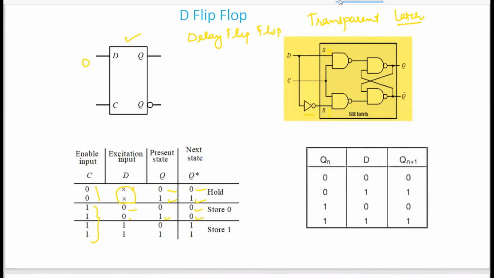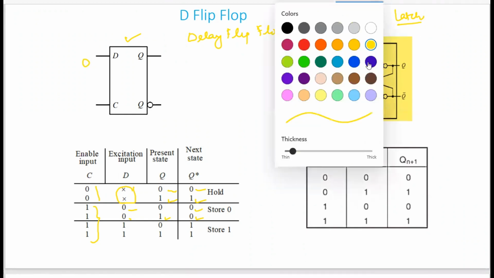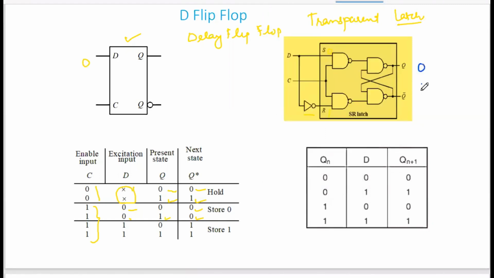So when R becomes 1, your output becomes 0 and 1. And when D is equal to 1, this becomes 0, and S equal to 1 means this becomes 1, this becomes 0. And why have we done this entire exercise? Because we know that when S is equal to R is equal to 1, this is going to give you an invalid state, and we don't want any invalid state in the circuit.